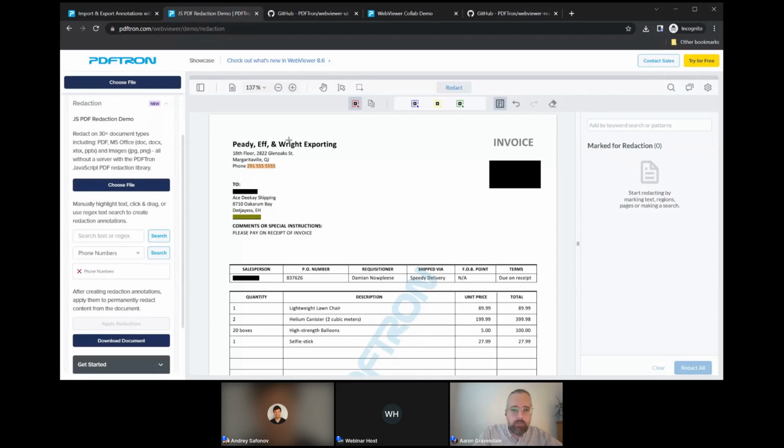So if you'll notice here, this is still text on this page. It's still selectable, for example, and it still remained as true PDF text in this document. And that's because we haven't done something like just convert it into an image and then black out the pixels. That's a very easy approach that, unfortunately, removes some of the accessibility information from inside of the PDF document, and so is not something we would recommend either. So that's why we developed this approach of being able to fully redact without converting into a